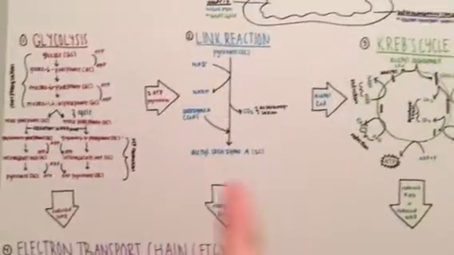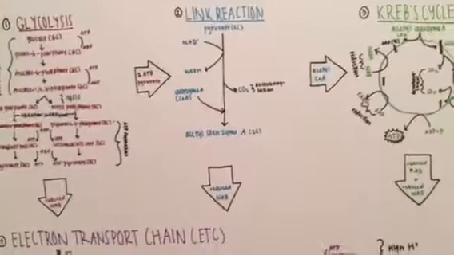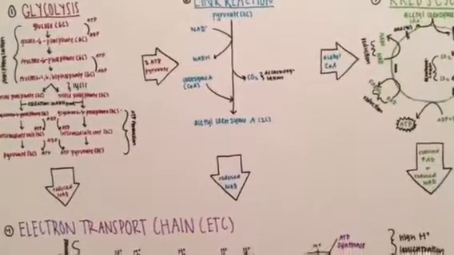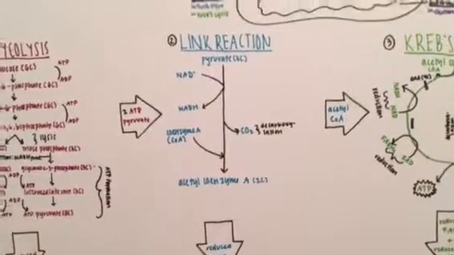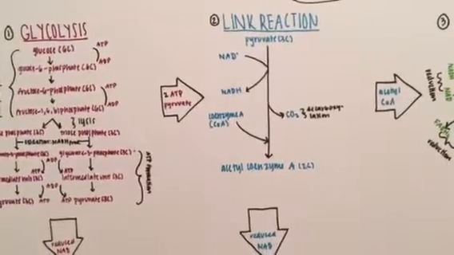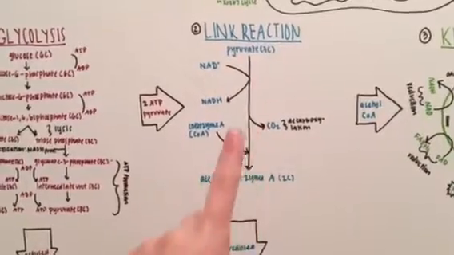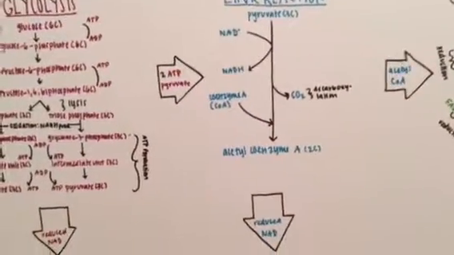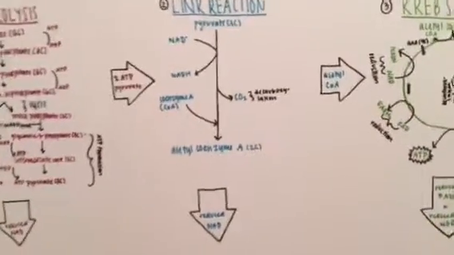So then glycolysis gives this ATP and the pyruvate to the link reaction, which is essentially what links glycolysis and the Krebs cycle together. So in the link reaction, it takes a pyruvate, which was produced in glycolysis, and is going to end up with acetyl coenzyme A. So an NAD, which is not reduced, is reduced here with an H from the pyruvate to form reduced NAD. And then a CO2 is released as a byproduct, which is a